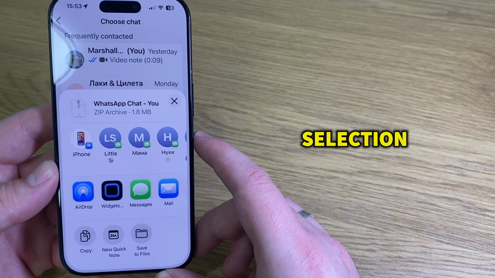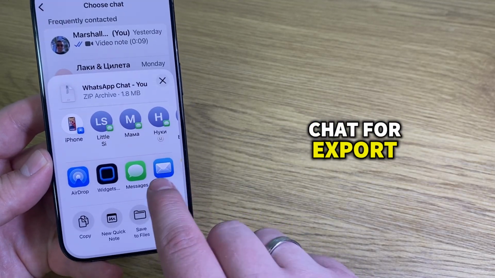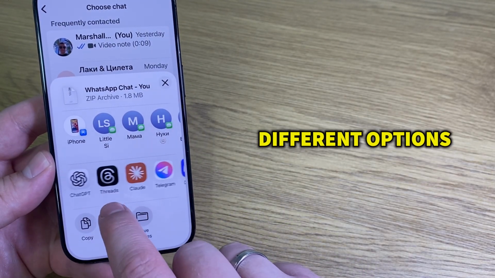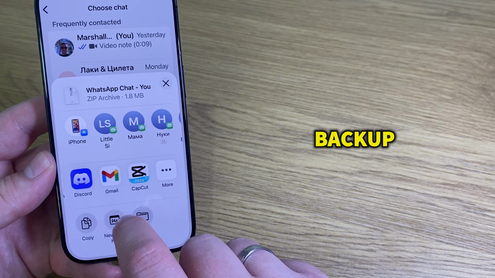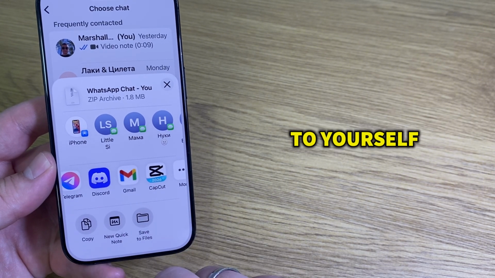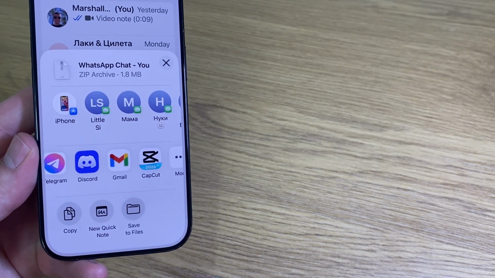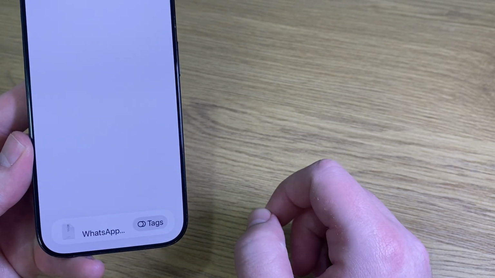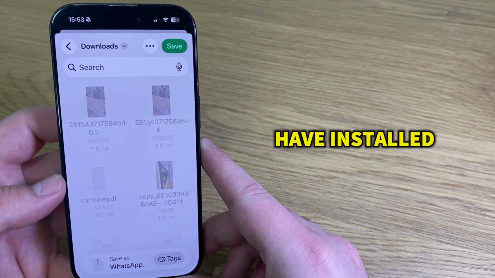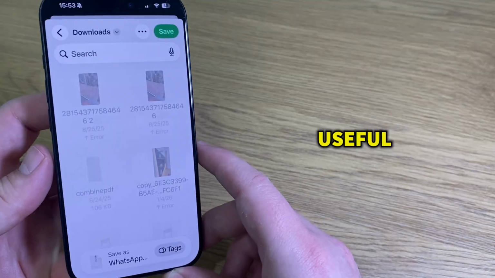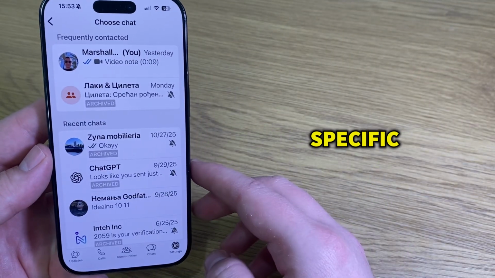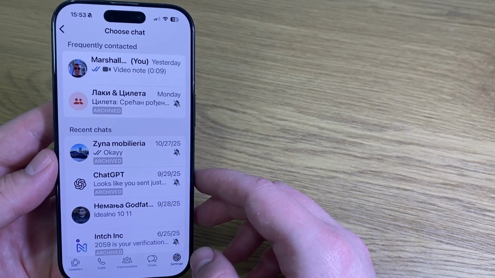After you make your selection, WhatsApp will prepare the chat for export and then give you different options of where you want to save or send this backup. You can email it to yourself, save it to Google Drive, save it directly to your phone's files, or share it through any other app you have installed. This method is really useful when you just want to back up one specific important conversation instead of backing up